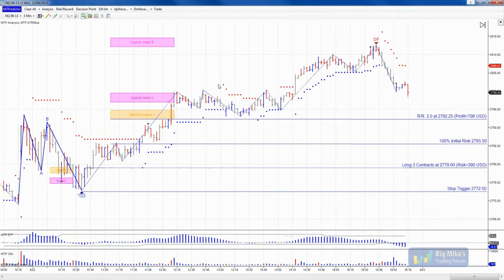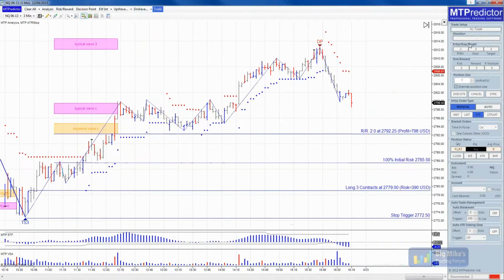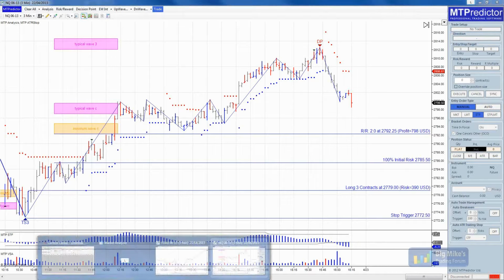The one thing that is additional in the NinjaTrader add-on is we have a trade module here. It's not active now because I haven't got real-time data coming in, but basically when you place analysis on the chart, it will pre-populate all this for you and allow you to place the trades with just one click. In fact, I'll just very quickly